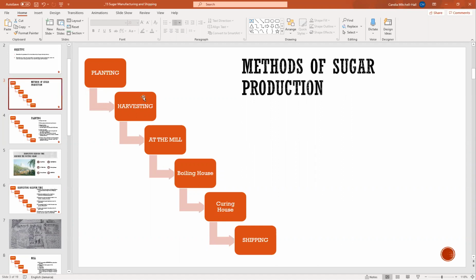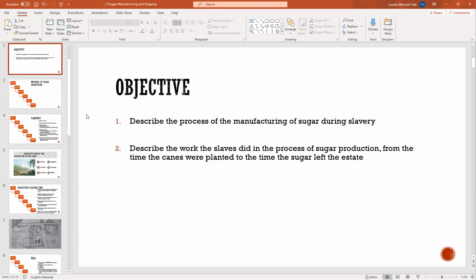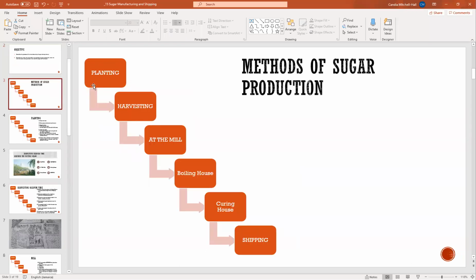So, remember the question asks to describe the work of the enslaved in the process of sugar production from the time the canes were planted to the time the sugar left the plantation. So one, we looked at the planting. Now you're going to tell us about the harvesting. When you're talking about the harvesting, you need to tell the examiner that the harvesting time is the busiest time of the year. And you are correct. The first thing you need to do is to weed the cane,